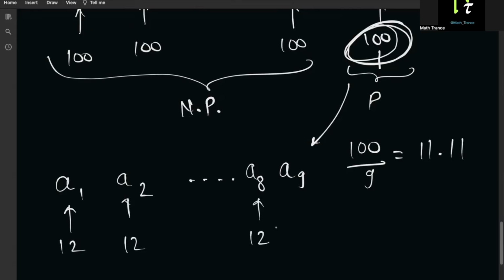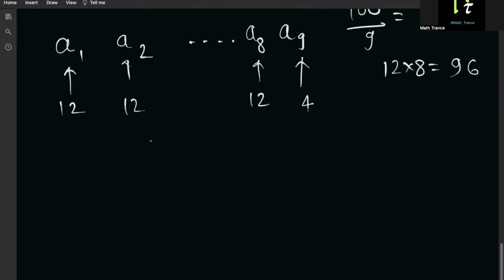Okay, so the eighth one will also feed. We'll feed 12 bottles to the eighth rat also. So 12 into 8, what is it? 96, right? So this will be fed 4 bottles. Now the case arises. First case,